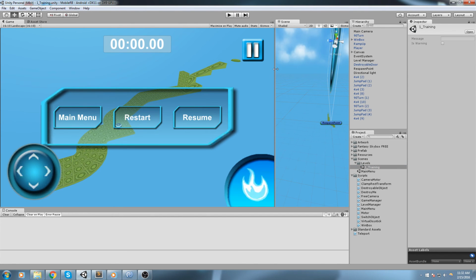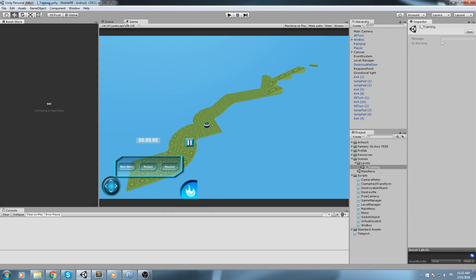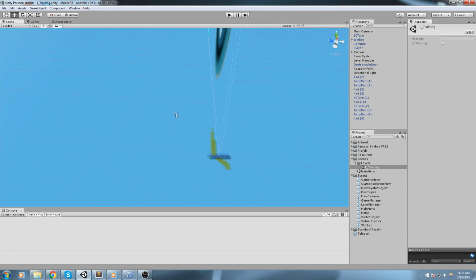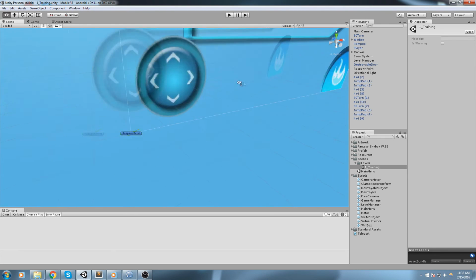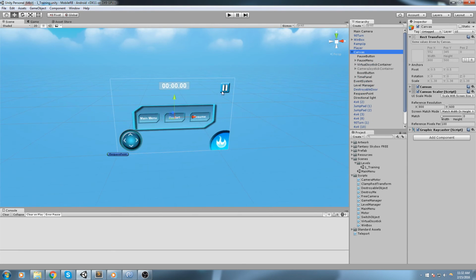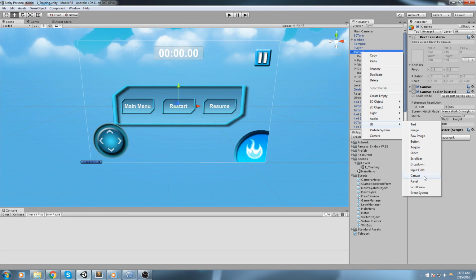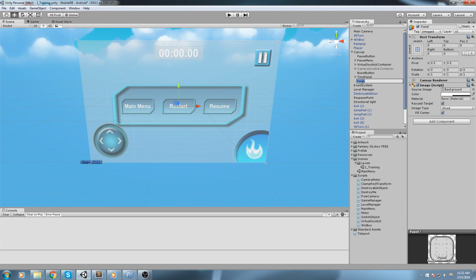I am going to go inside the training scene, and here is our training scene. So we're going to create a new piece of UI under canvas. Let's go ahead and create a panel. I will right click on canvas, UI, and panel. This is going to be the